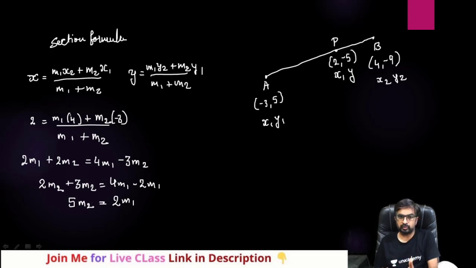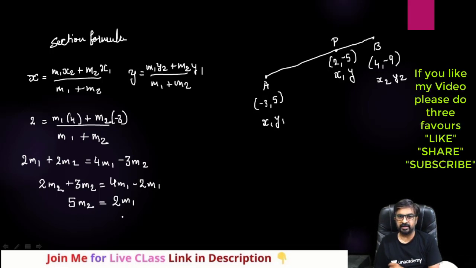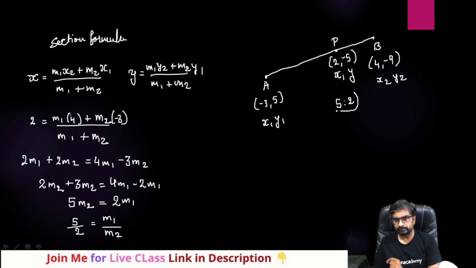Now what generally students make a mistake here is, they take this M1 here and this 2 here, and they say the ratio is 2 by 5. That is totally wrong. Always take M1 by M2. So what you need to do is take this 2 in the denominator here, 5 by 2, and here M1 was there, take M2 on this side, that will come in the denominator. So the ratio is M1 by M2. Every time you need to find M1 by M2 only. If you find M2 by M1, then your answer will be wrong. So here the ratio M1 is to M2 will be 5 is to 2.